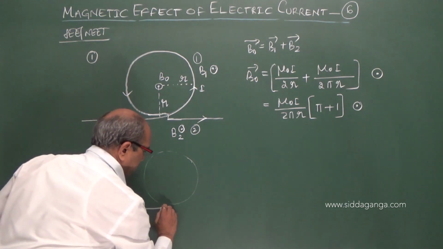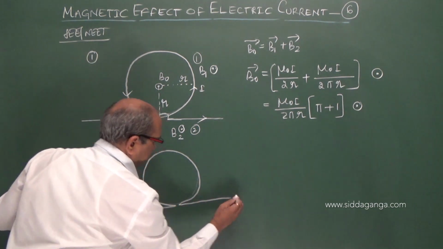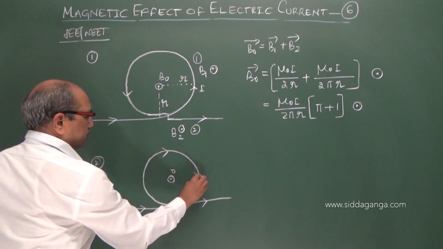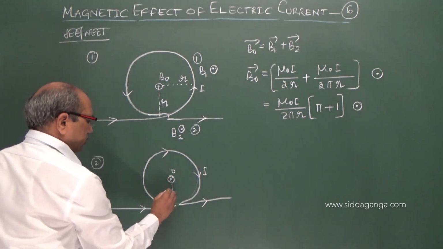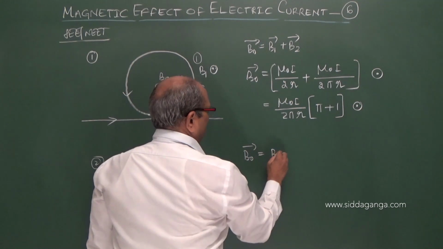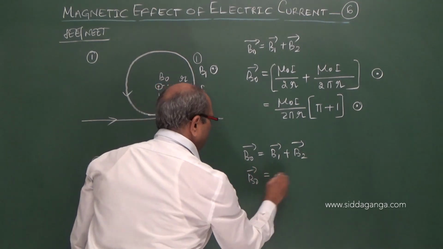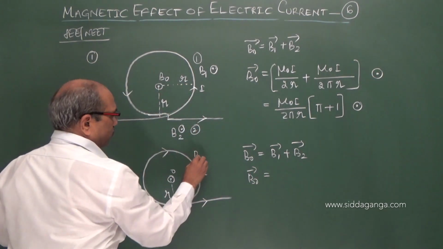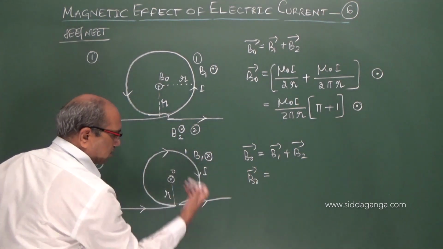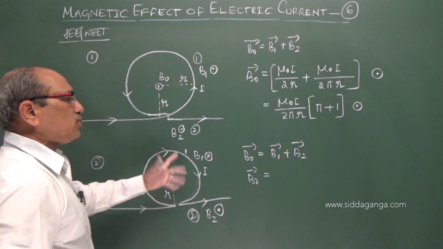The same loop, if you slightly change it like this. See, now here it went like this, turned back, and almost went close and turned. Center. Now this is the direction of current. It is R. As in the previous case, the similarity is there: B1 plus B2. B naught, if you want. Now it is clockwise, so B1 of the loop is into the board. But this second one is again left to right, so B2 produces the field out of the board. They are in opposite directions.